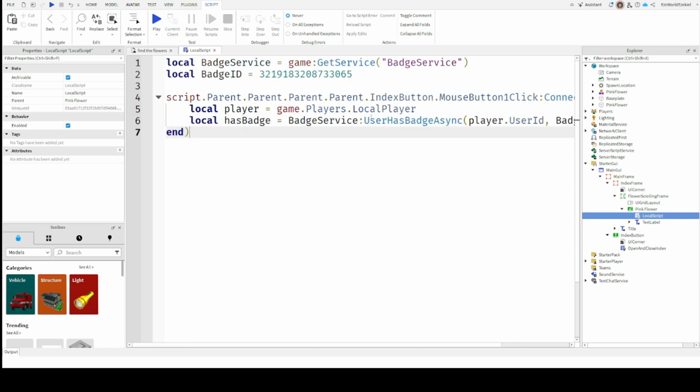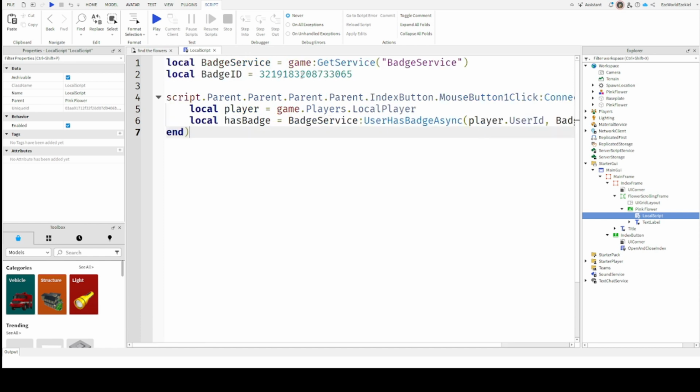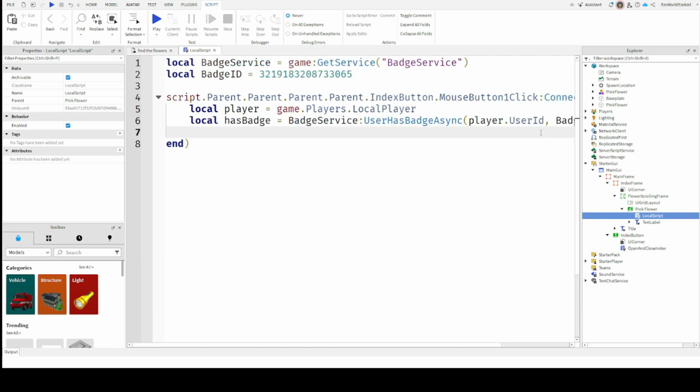So what this does is it checks if the user has the badge, the user ID, which is what stores the badges, if that has this badge ID that we have up here. So now we're going to go back here, enter. So we're going to go script, oh yeah, if has badge, then